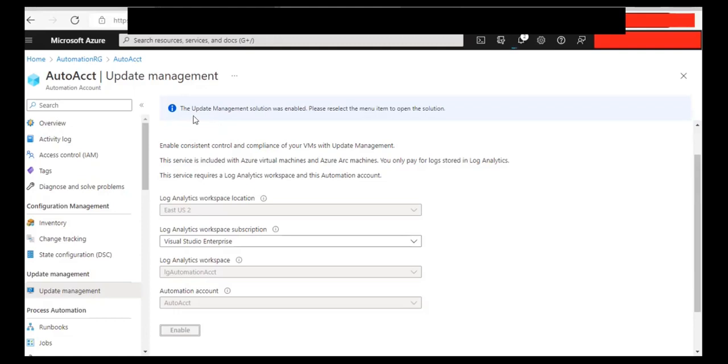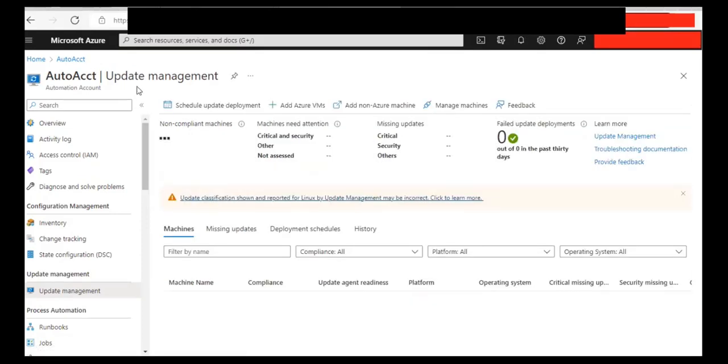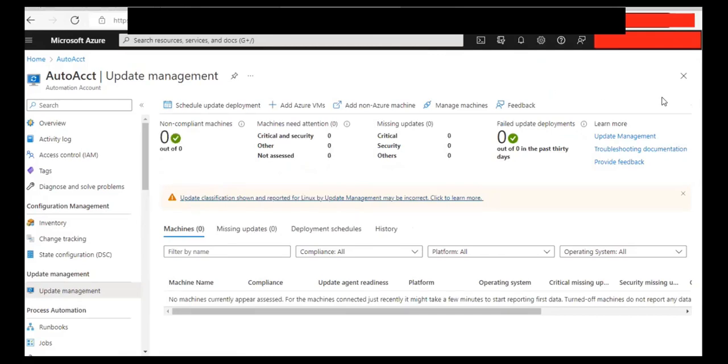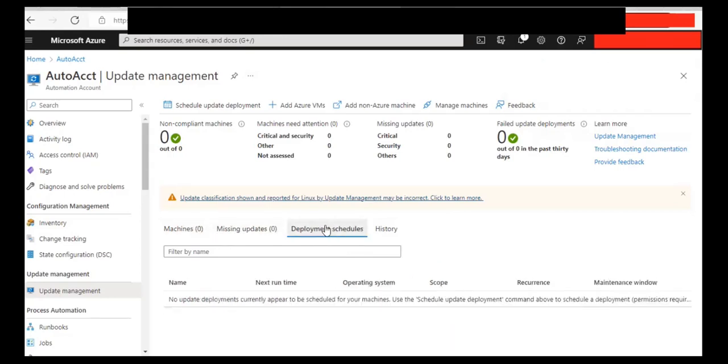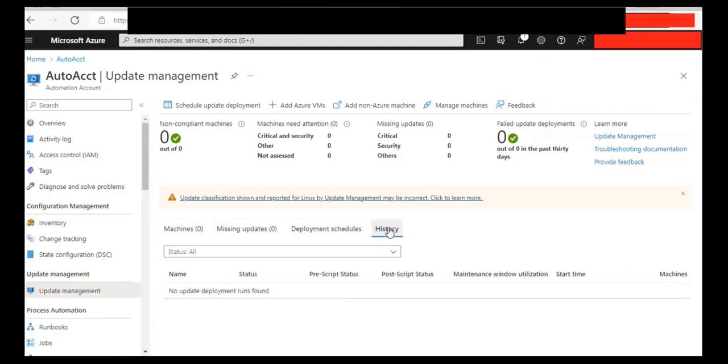Now it is mentioned that the update management solution was enabled. Please reset the menu item to open the solution. So we just need to refresh it, and you can see update management is ready to proceed further. At present, there are no machines available. That means machines 0, no missing updates, no deployment schedules, and nothing under the history,